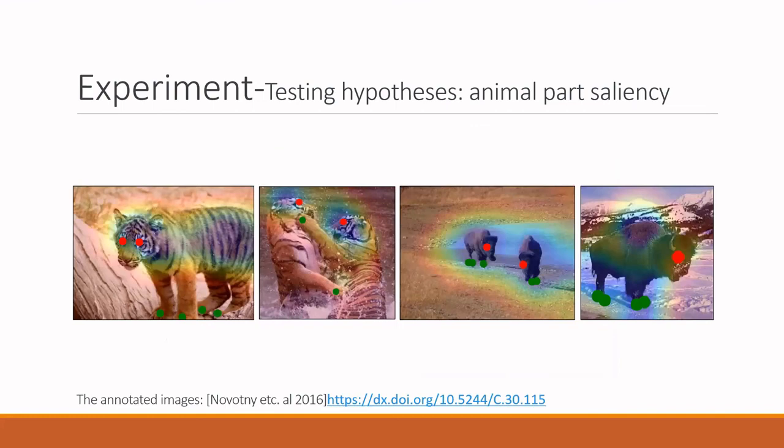The fourth experiment is a little bit interesting. During other experiments, the author noticed that this mask prefers to focus on the eyes of the animal instead of appendages like feet. So they put the mask on the image, and they really find that this saliency map overlaps with this red dot. The red dot is the eye, and the green dot is the feet. The red dot and the green dot are from these annotated images, and this is the reference.